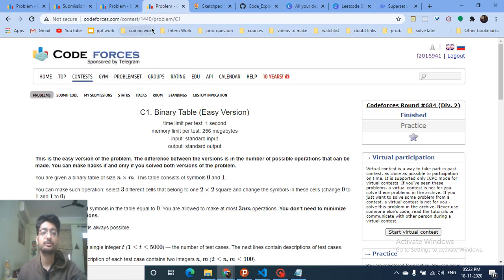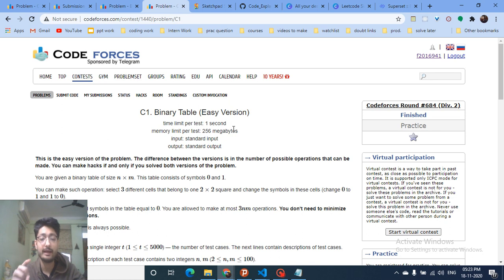Hello friends, so today we're going to discuss problem C1 from Codeforces 1046684, the easy version. It's very simple to first find out how to solve it using 3nm operations, and then I will also post a video on how to solve the C2 problem. I have put separate code for both of the problems so that you can easily understand how to solve the easy problem and the hard problem.